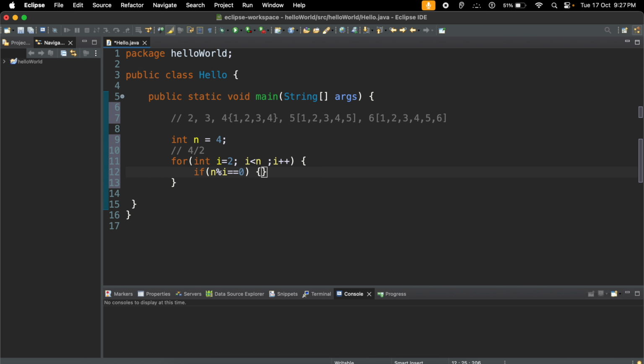If remainder is 0, what we have to do? We have to terminate it instantly, right? Do we need to check further? No, we need not check further, because if any number divides it, it is not a prime number, right? It is decided at that time only. So we will print as soon as it is divisible, that means remainder is 0. 4 divided by 2, remainder 0, equal 0. Yes, correct, 0. So we will print